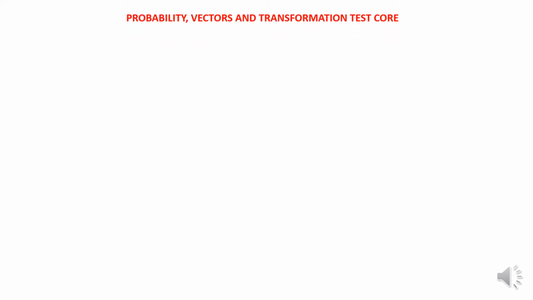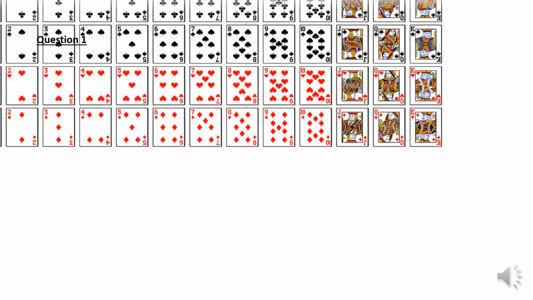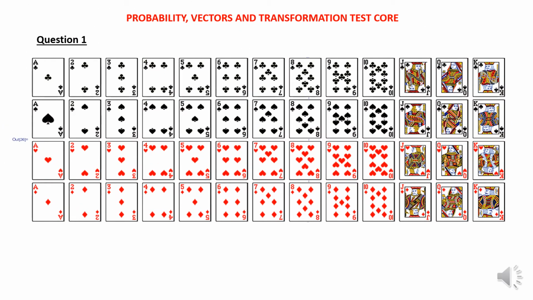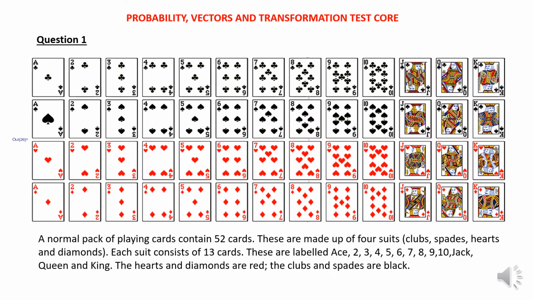So I gave a test to the grade 12 learners who are doing core mathematics, and it was about probability, vectors, and transformation. All right, so the very first question, if I go directly on to the question, says that